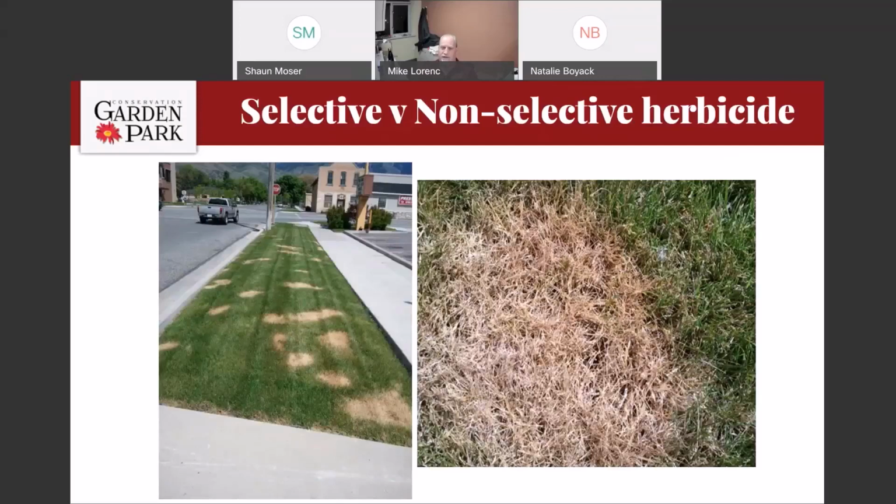You can see out here on the left, somebody took a non-selective herbicide and sprayed a bunch of areas. Upon closer inspection of this area, if you look really close to that right, and it's hard to see, but if you look close, you'll see a dying dandelion in the middle of all of those. So somebody decided to spray the dandelions with a non-selective systemic herbicide,